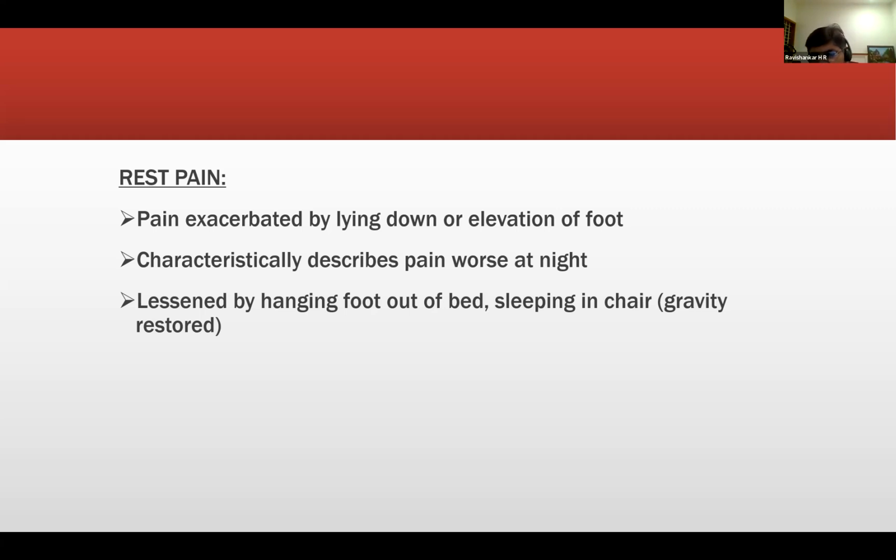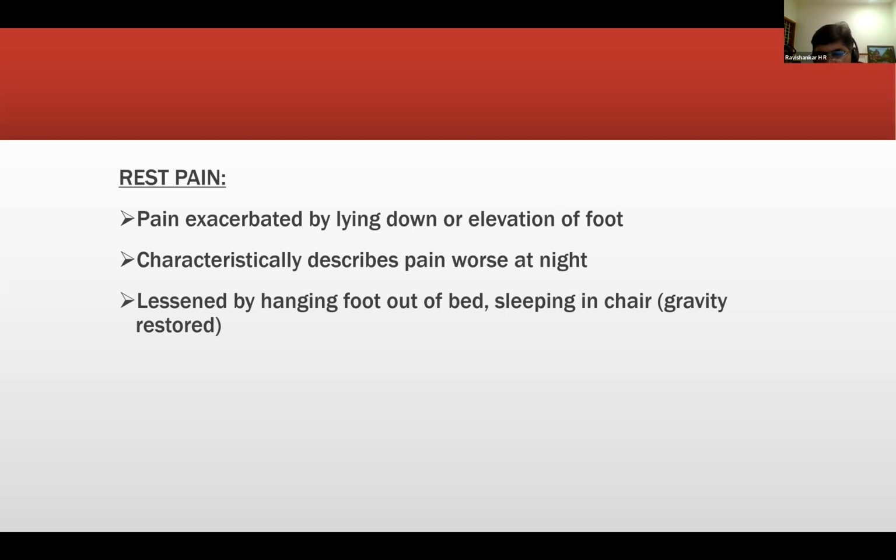Abdul? So a calf pump mechanism? No, the calf pump is only for blood going up. How will the calf pump help blood supply? And at night, maybe because the person is not working, they are more sensitive to the pain, because there is more focus on the sensations at night. During the day there is distraction, and at night all other activities have reduced, so there is more focus on the pain.